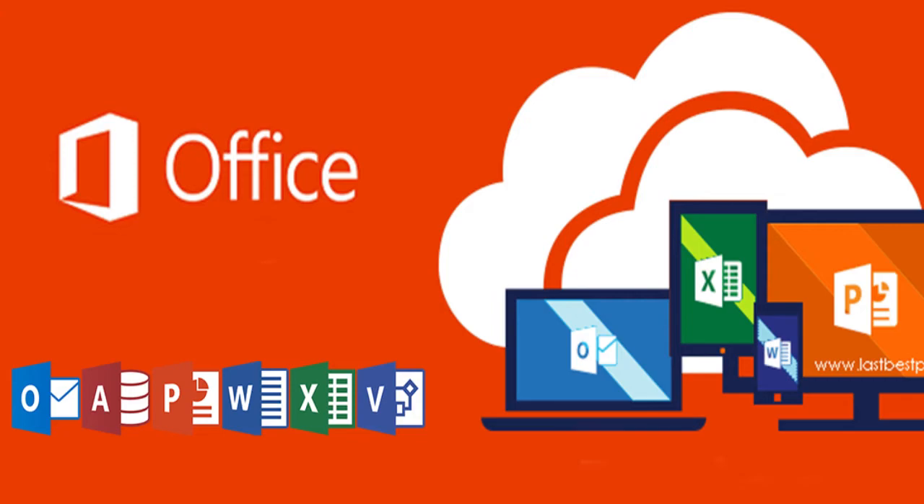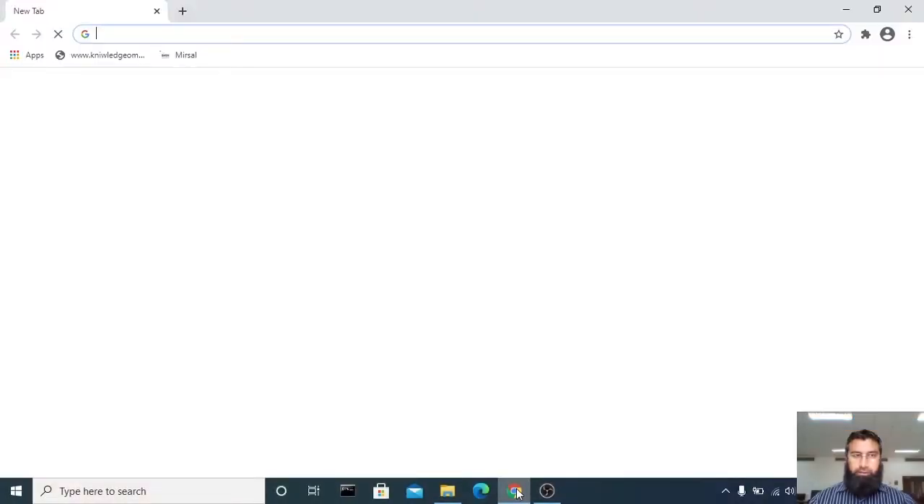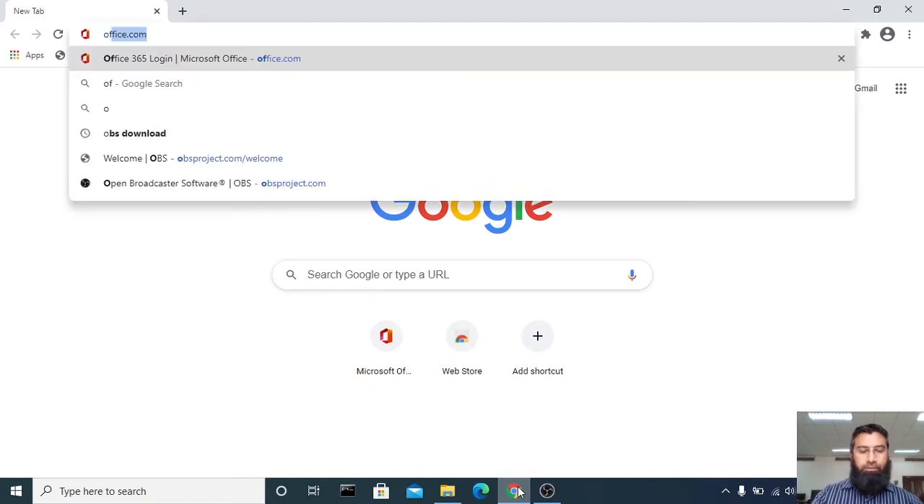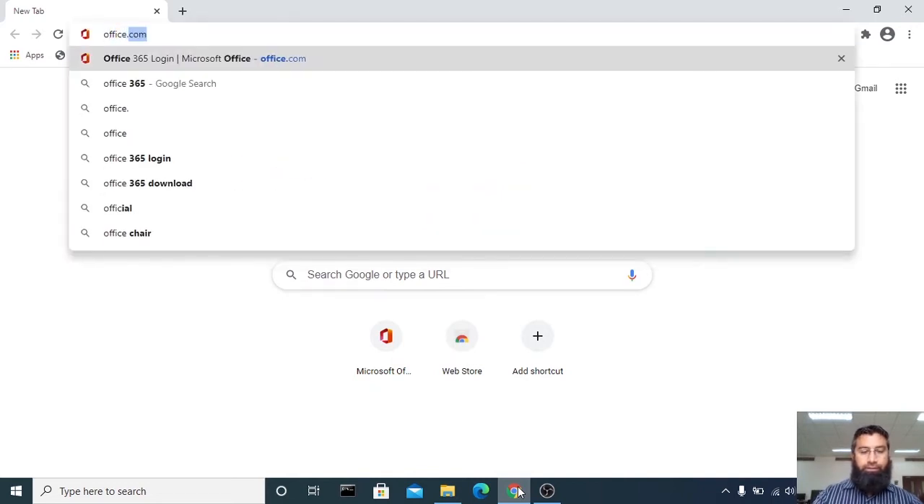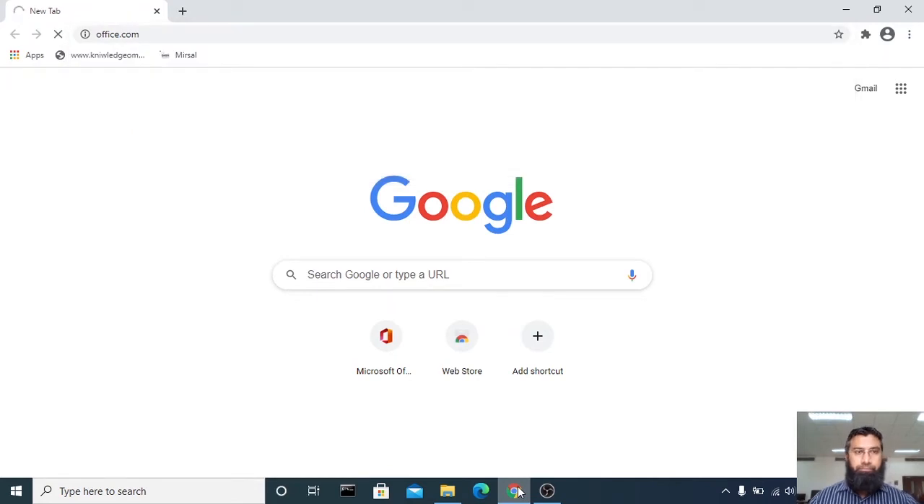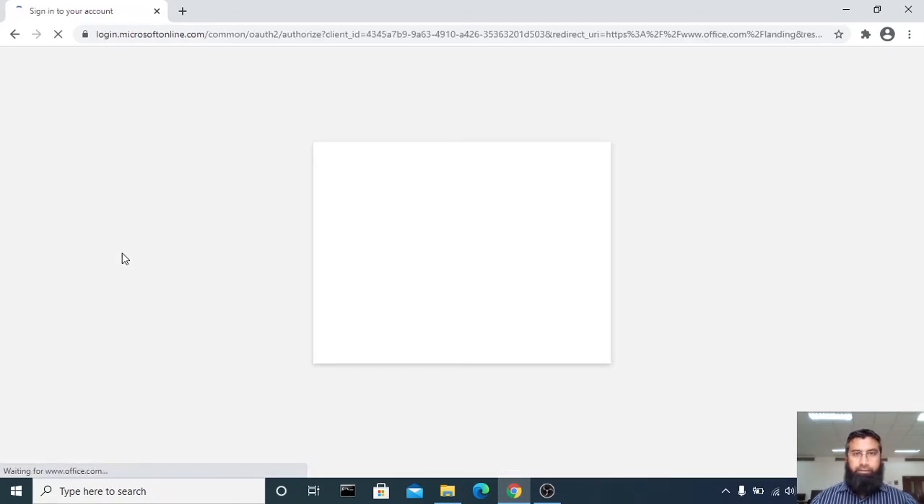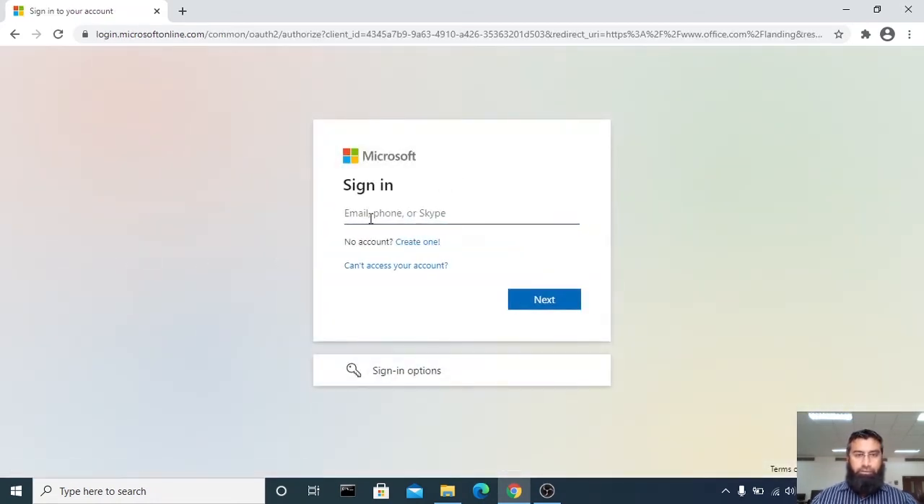You have to open Google Chrome or any browser. Then you have to type office.com. It will ask you to sign in. Click on sign in and you have to add your login ID